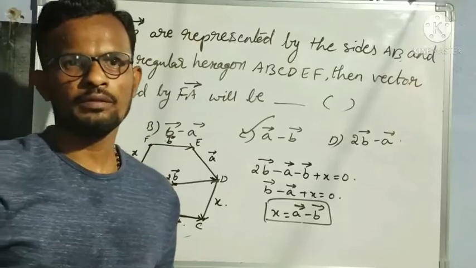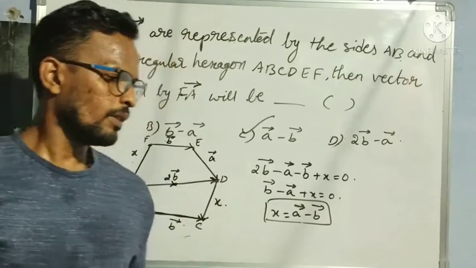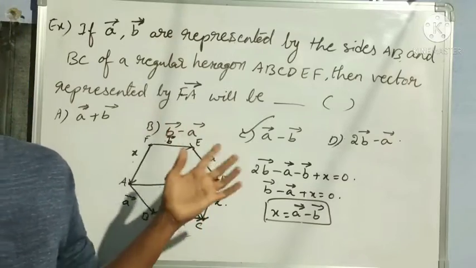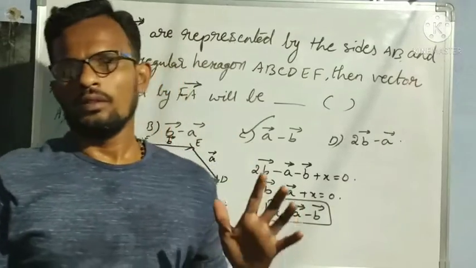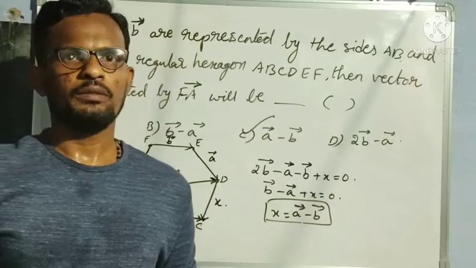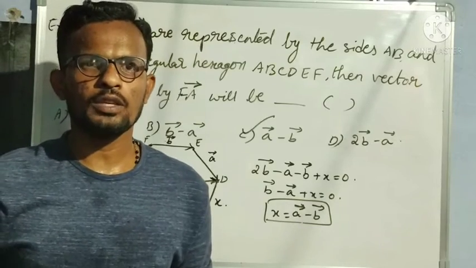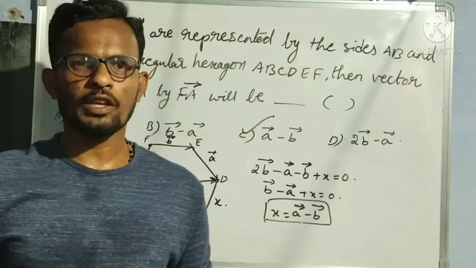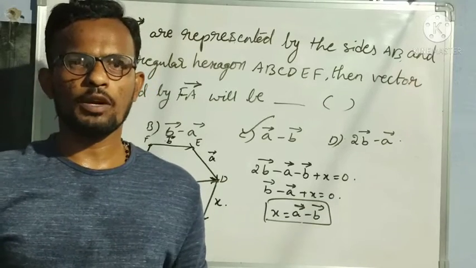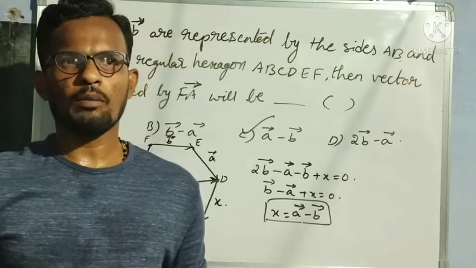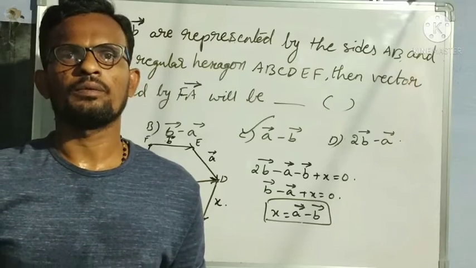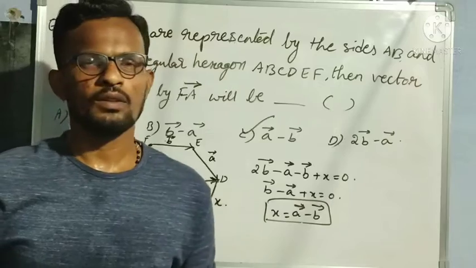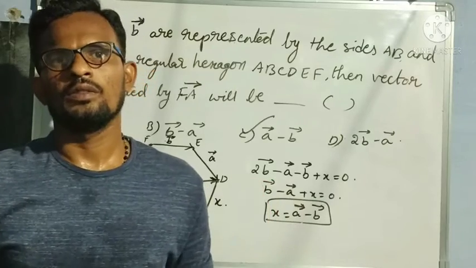Understood everybody? So students, these are 2 important problems which I wanted to discuss with you in parallelogram, vector algebra concept, and with that I am ending today's concept. I hope everyone understood these 2 problems which are very important. So practice these problems. You may get these problems in IIT JEE also. These are asked in previous years. So I have discussed with you.